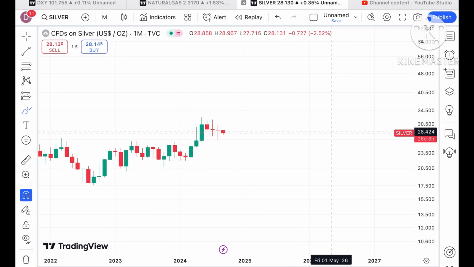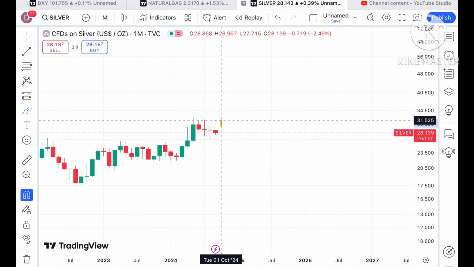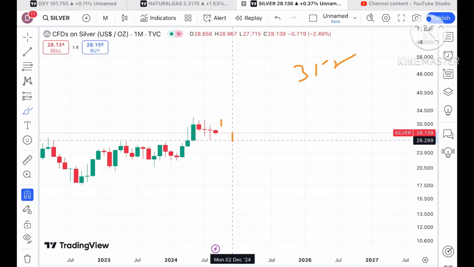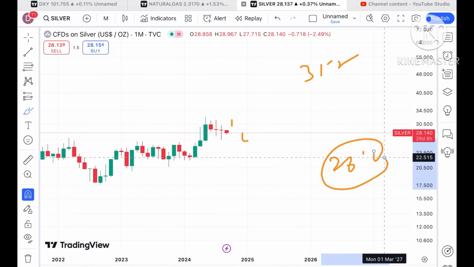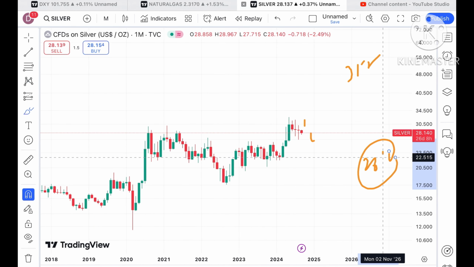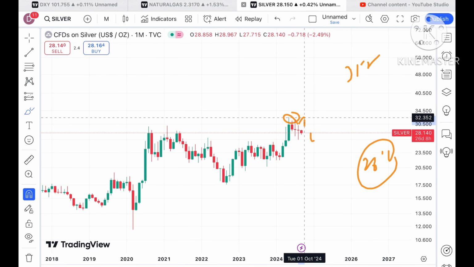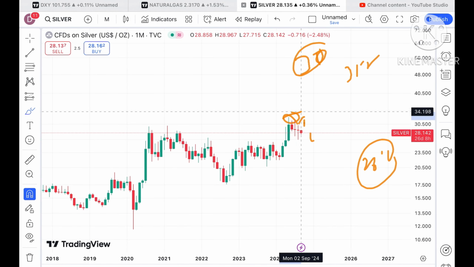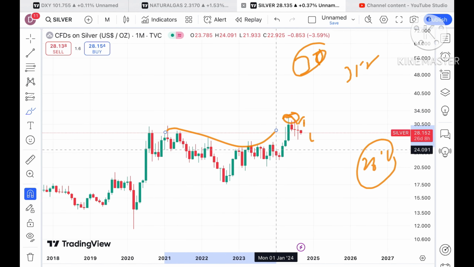If you look at this particular trend, the volatility is in the range of around 31.7 with a low of around 26.2. This is the $5 movement we have seen in the price of silver in these 4 months, and this is an all-time high. You have to understand that if the price starts sustaining above $30, the probability will be high it can cross this level of 32, because this particular pattern can support an upside.